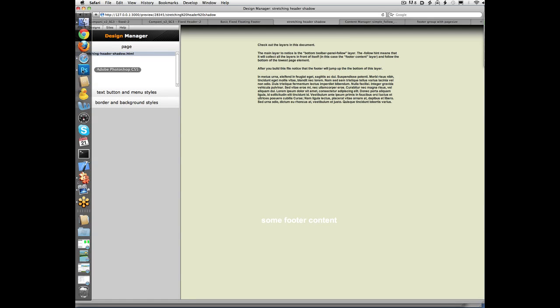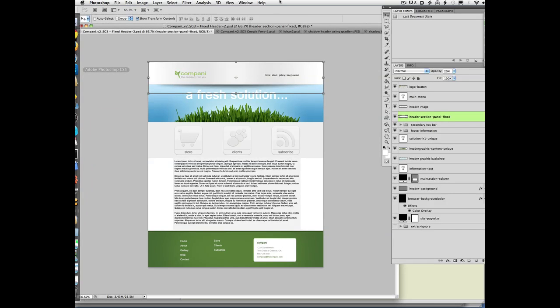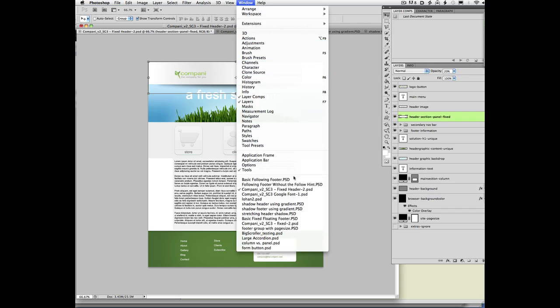So this is a pretty advanced example. Now, please be aware, all of the examples that I'm showing you are available for download from the documentation wiki. So if you want to take this apart yourself and take a look at how to achieve this effect, I highly recommend downloading one of these sample files that is the closest to the effect you're going for, and then trying it yourself. So let's look at this file in Photoshop. So we've got